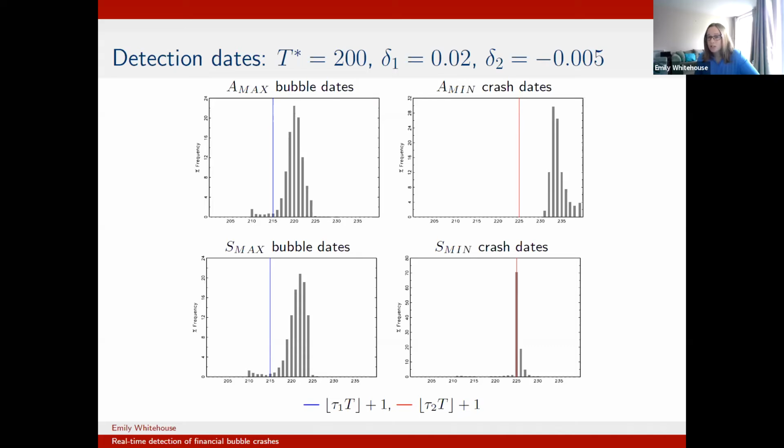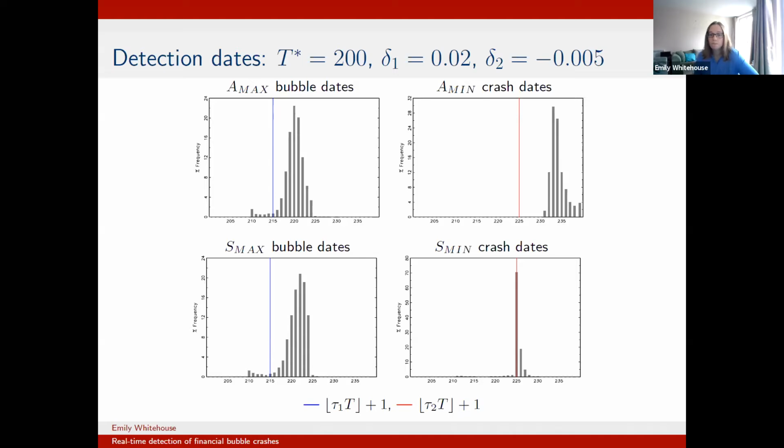You can see with the A procedure, there is quite a bit of a lag there between the crash date and the procedure picking anything up. Whereas the S procedure seems to be getting the true crash date dead on most of the time, which is pleasing. So we would recommend using this S procedure, this S statistic, to detect both the emergence and the subsequent